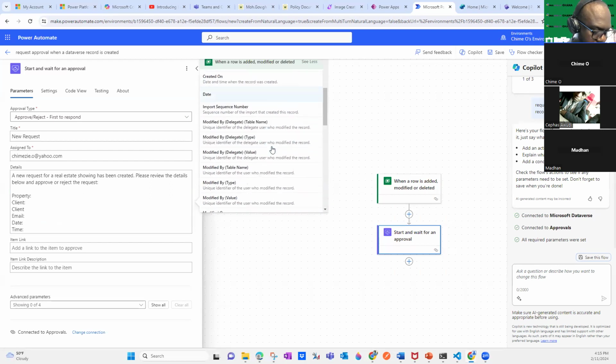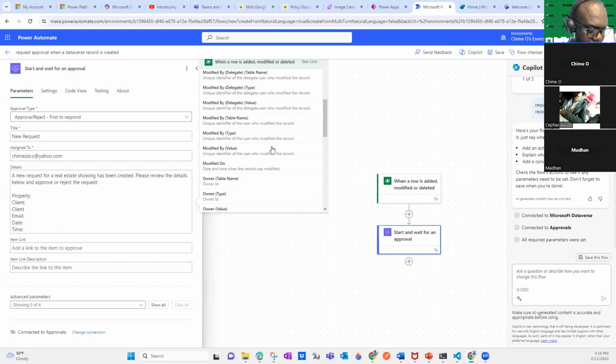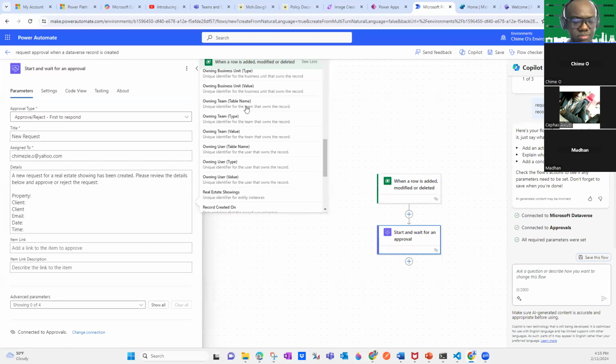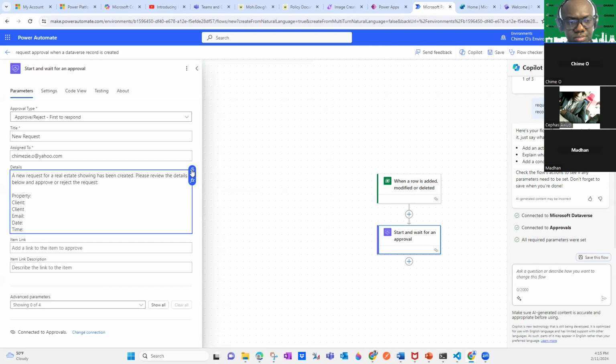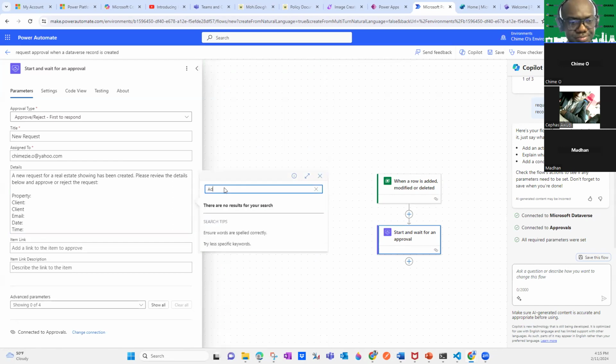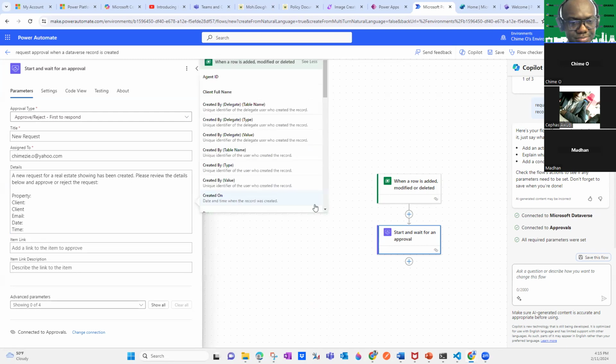Is it the property address, for example? You can also say details of that property. You can go in and type in address. There's so many things I'm not showing. I think I'm showing the wrong table. That's why some things are missing here. Sorry guys, but if you get the picture, that's all I'm trying to show you.